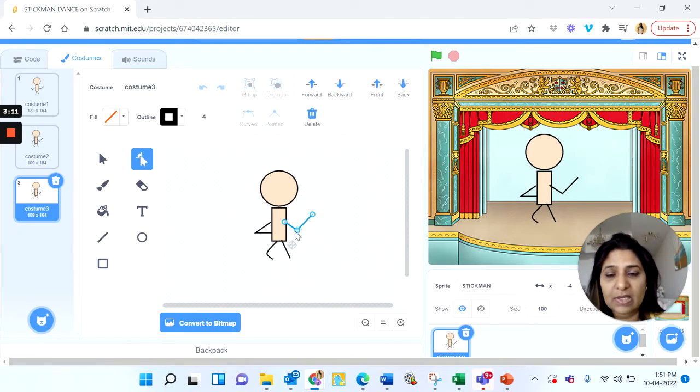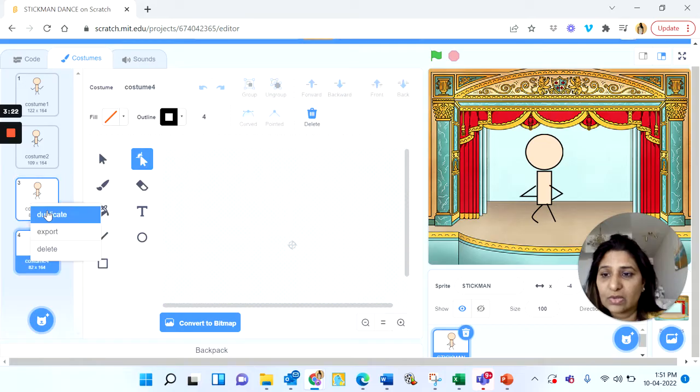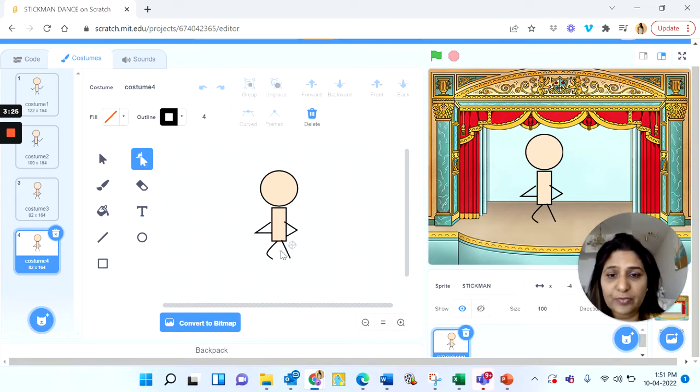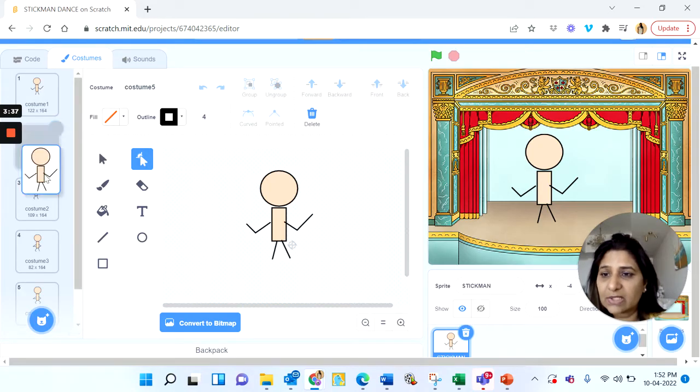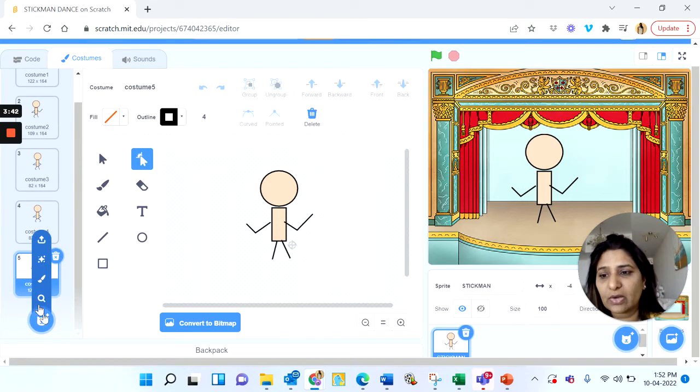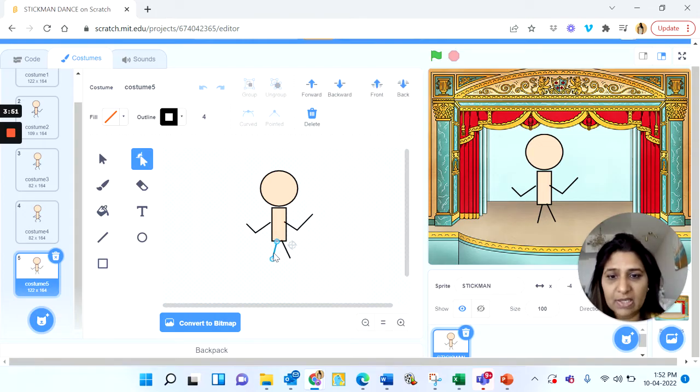In this costume, I will move this hand this way on the waist, right? And then I will right click on the costume 3 again. This is costume 4. In the costume 4, I will maybe turn his second leg. Then I want to go back to costume 1 and duplicate that. It comes at the top, but I can drag it down, take it below and use the scroll bar to move between costumes. Now in the costume 5, I want to make his hands like this, and maybe legs can be like one leg can be